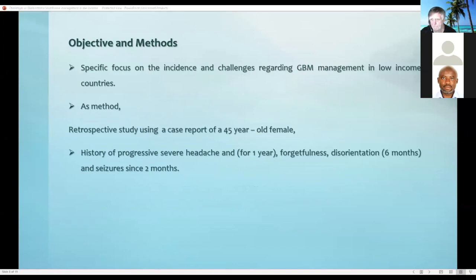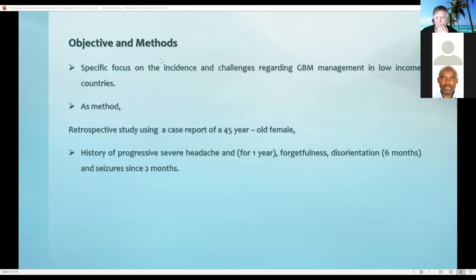Yeah. Our objective and method we are going to use, as I said, it's a case report. We are giving a patient we had in my practice 5 years ago. So we are going to focus on the incidents and challenges regarding glioblastoma management in low-income countries. The method is a retrospective study using a case report of a